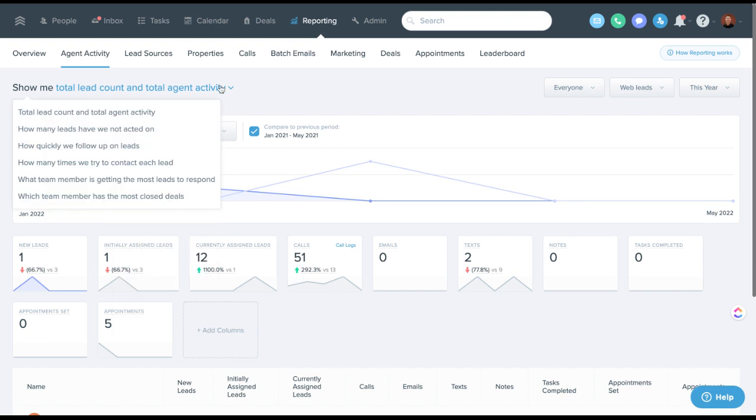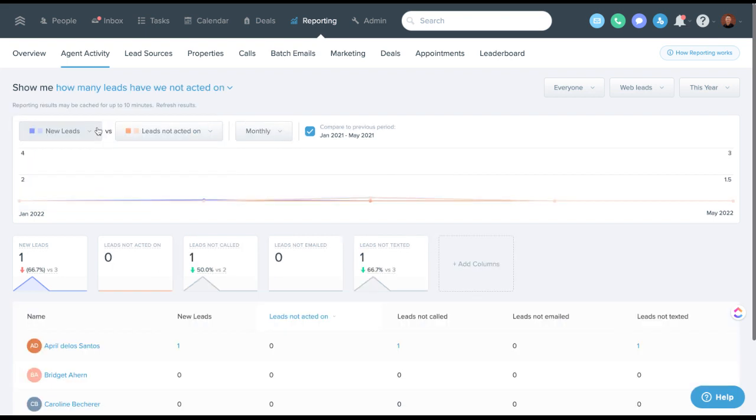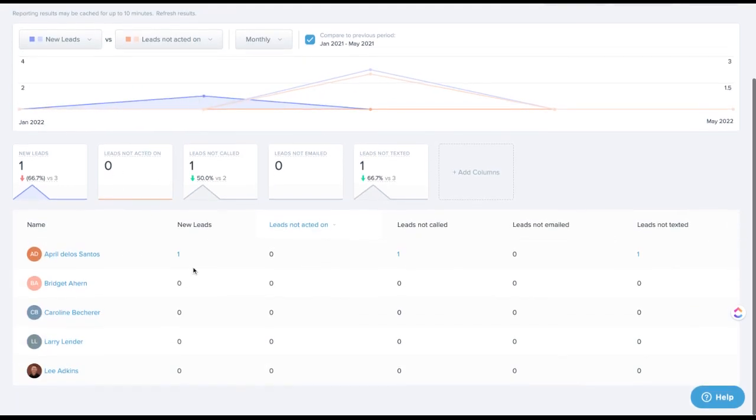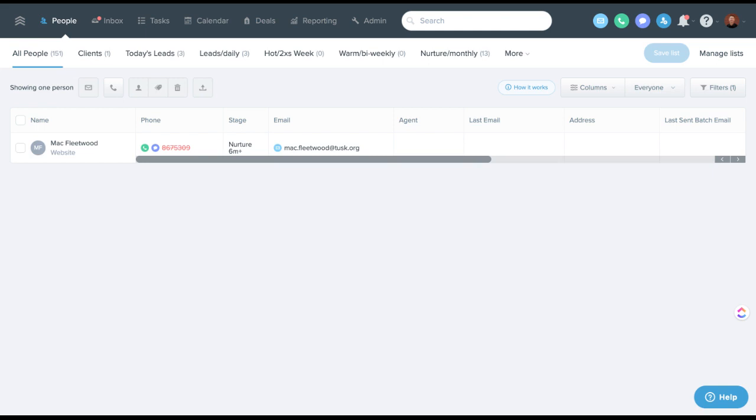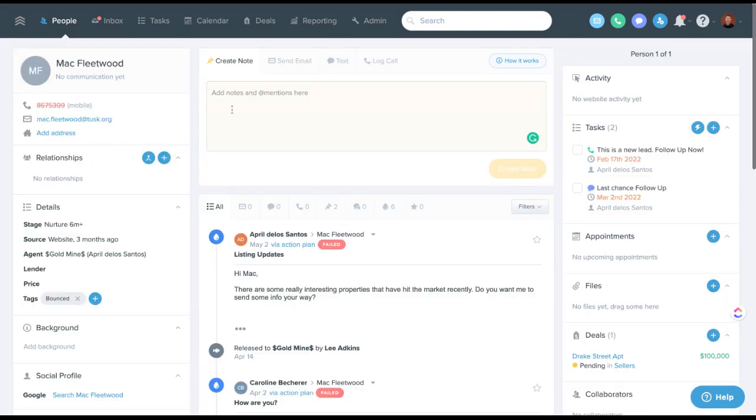You can also drop down here and find other kind of preset options, for lack of a better term. One of the best ones is leads not acted on. And then something else that's cool about this report, once you're down here, is that these, if they have information on them, these are clickable links. So they're going to take you to that person that has not been actioned. And a great thing about that is you can actually click on that lead and even say, hey, at April, can you check in with this guy? I guess that's a question. So a great way to identify leads that have potentially been not actioned and send the agent a quick